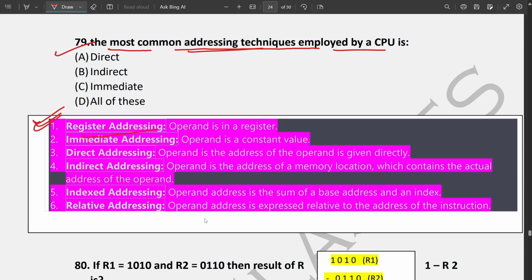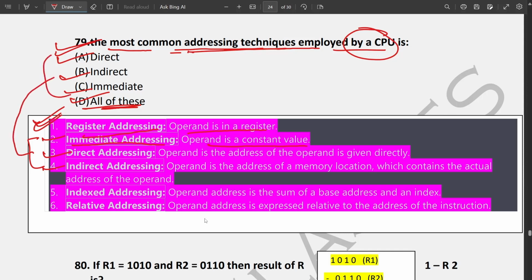Register addressing, operand is a register. Immediate addressing, operand is a constant value. So what was the question? The most common addressing technique employed by CPU. So all of these answers will be correct, because CPU has all of them: direct, indirect and immediate. Here you can see direct, indirect and immediate. All these 3 the CPU has. So next,